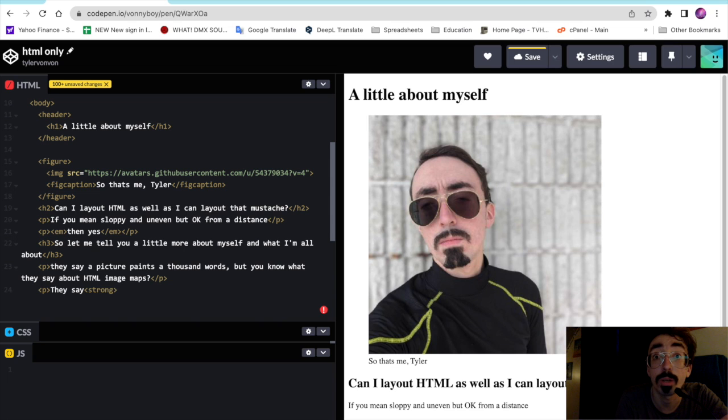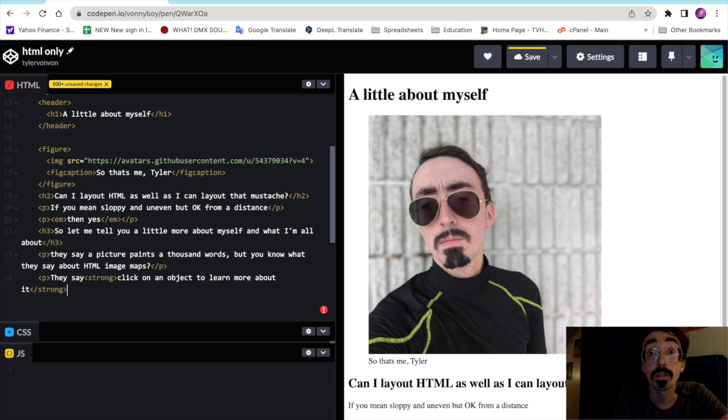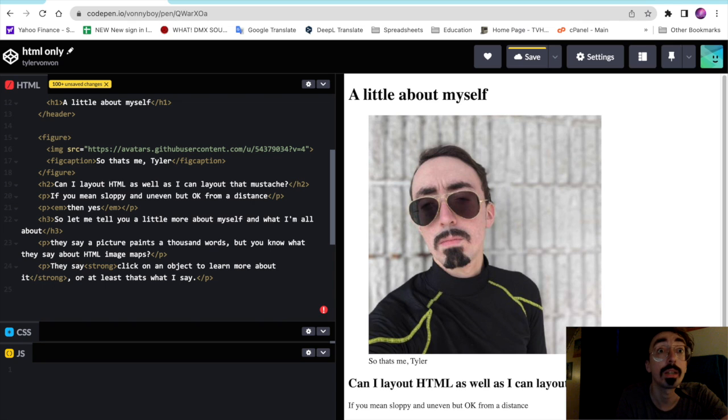So anyway, this is where we're going to put our directions for our image map. So it should have some extra emphasis on it. So anyway, click on an object to learn more about it. That's going to be our directions. And then we'll end our strong tag here. We say click on an object to learn more about it, or at least that's what I say. Here we go. We can end our paragraph tag there, and let's put a little break before our next